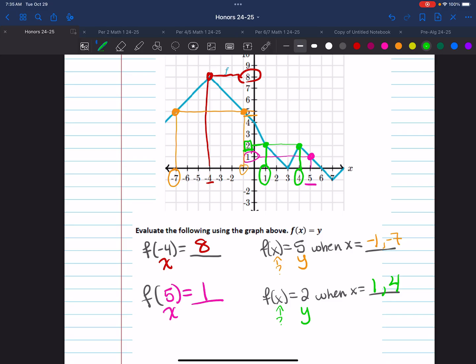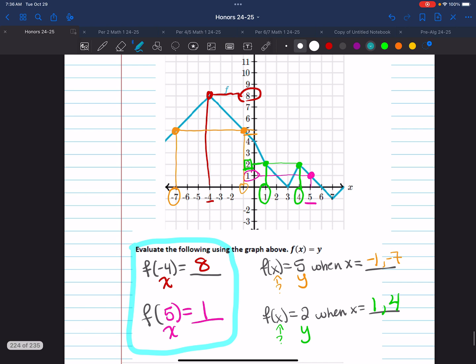Will y values always have more than one? No, because sometimes maybe the line is just straight up linear. But with functions that are piecewise, like the example above, you may have more than one x value for the y values, so you just need to be conscientious of that fact. When it is a function, though, these x values will only have one answer because it would pass my vertical line test. There is no part of the line that is above and below each other like